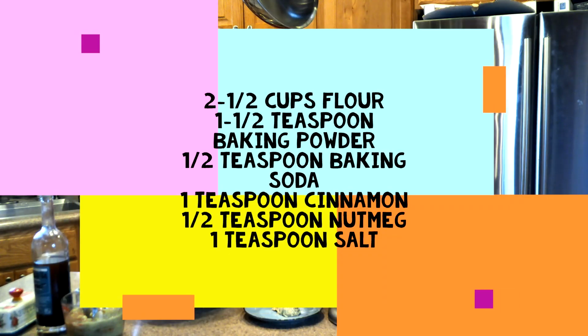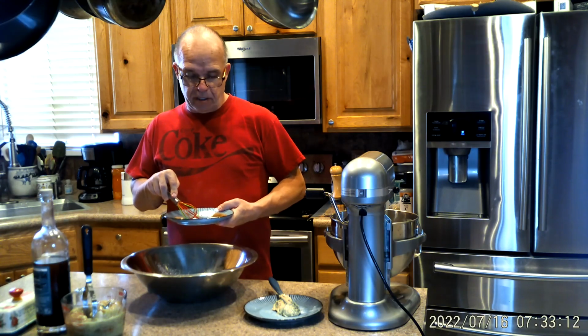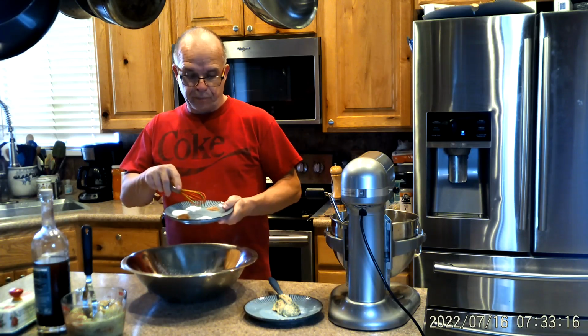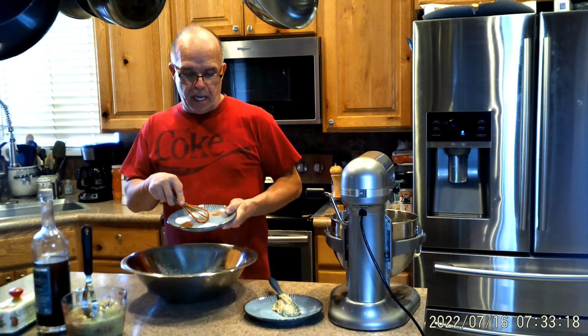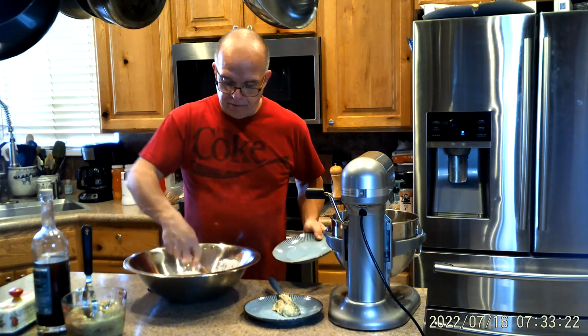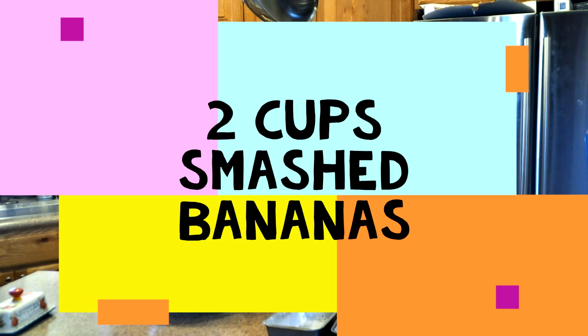2½ cups of flour, ½ teaspoon of nutmeg, ½ teaspoon of baking soda, a teaspoon of salt, a teaspoon of cinnamon, and 1½ teaspoons baking powder to the flour. Mix and fluff. 2 cups of smashed bananas,